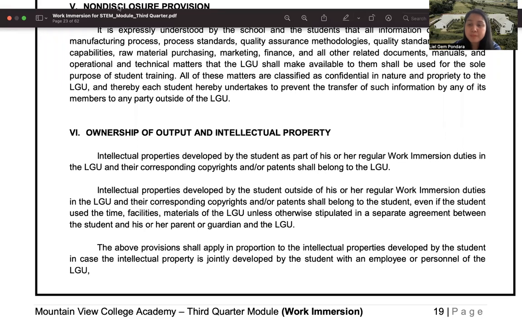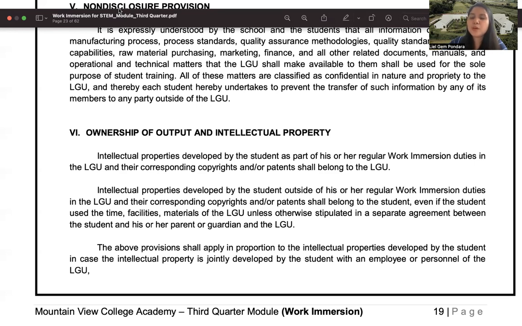In the ownership of output and intellectual property, we mentioned there that any output that a student will have as a part of the work immersion shall belong immediately to the partner.